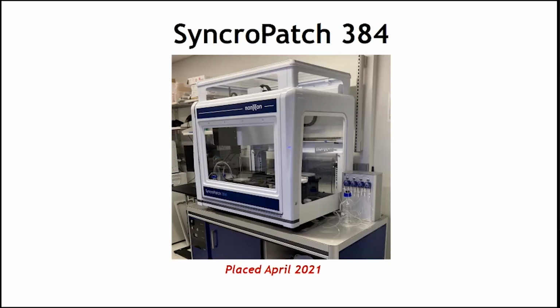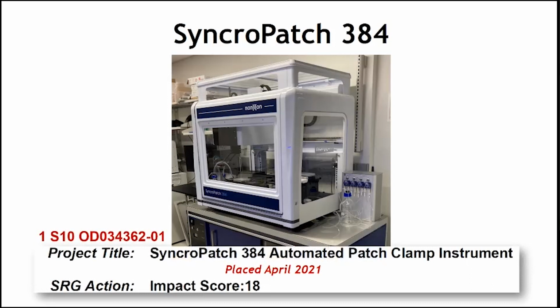in April of 2021. Over the ensuing several months, we were able to gather sufficient preliminary data, both on cardiomyocytes and some other cell types, that we were able to compete successfully for an NIH shared instrument grant, which was funded earlier this year, and we bought the instrument outright. And happy to say that this is really a win for us and presumably for Nanion, showing the value of this loaner program. So now what we've done with that is we've been able to pivot now to measuring not